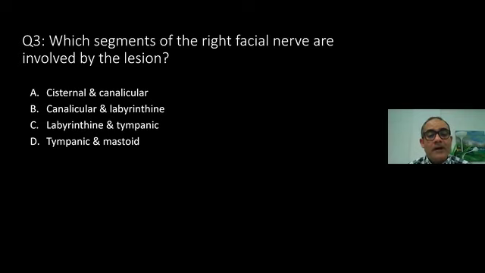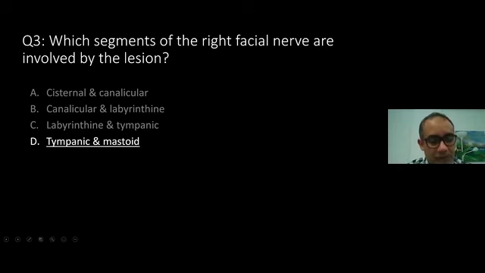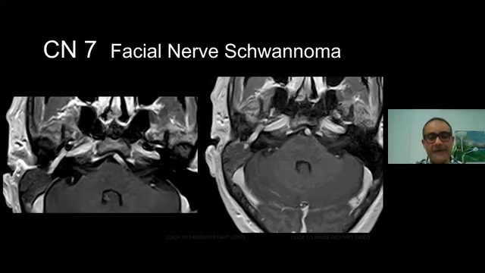Well, so I've got one answer, which is that the correct answer is actually the tympanic and mastoid. And let's learn together the anatomy of the facial nerve. In my opinion, all cranial nerve imaging skills require detailed anatomy. But maybe the facial nerve, because it's a complex nerve, has a complicated course inside the middle ear, labyrinthine, petrous apex. So all this requires you to actually know the detailed anatomy of the facial nerve, and I'll take you